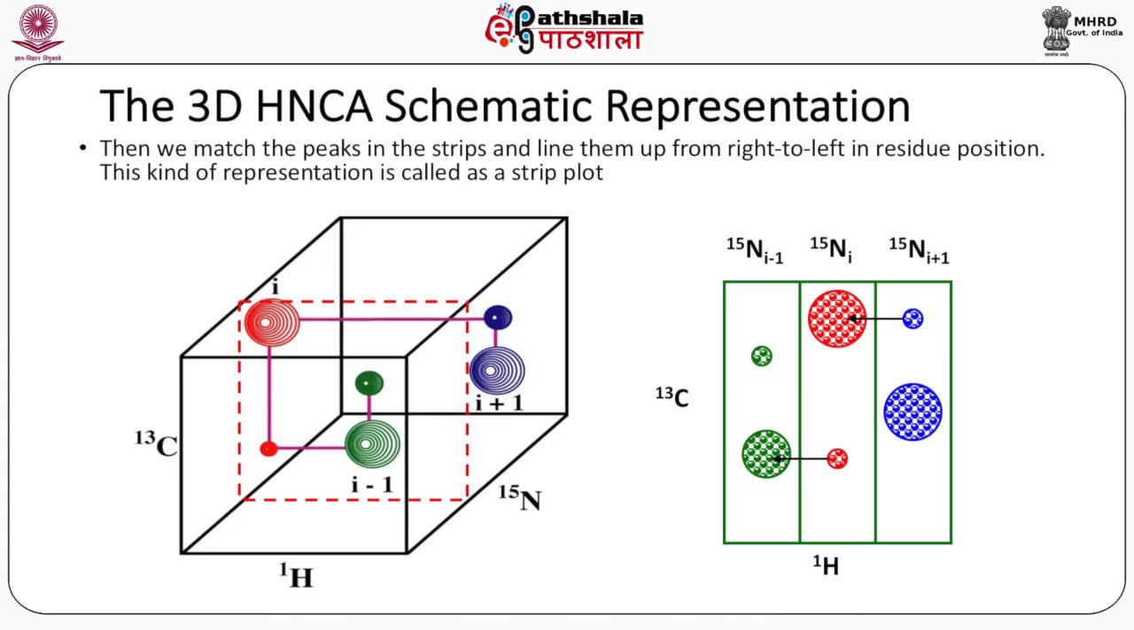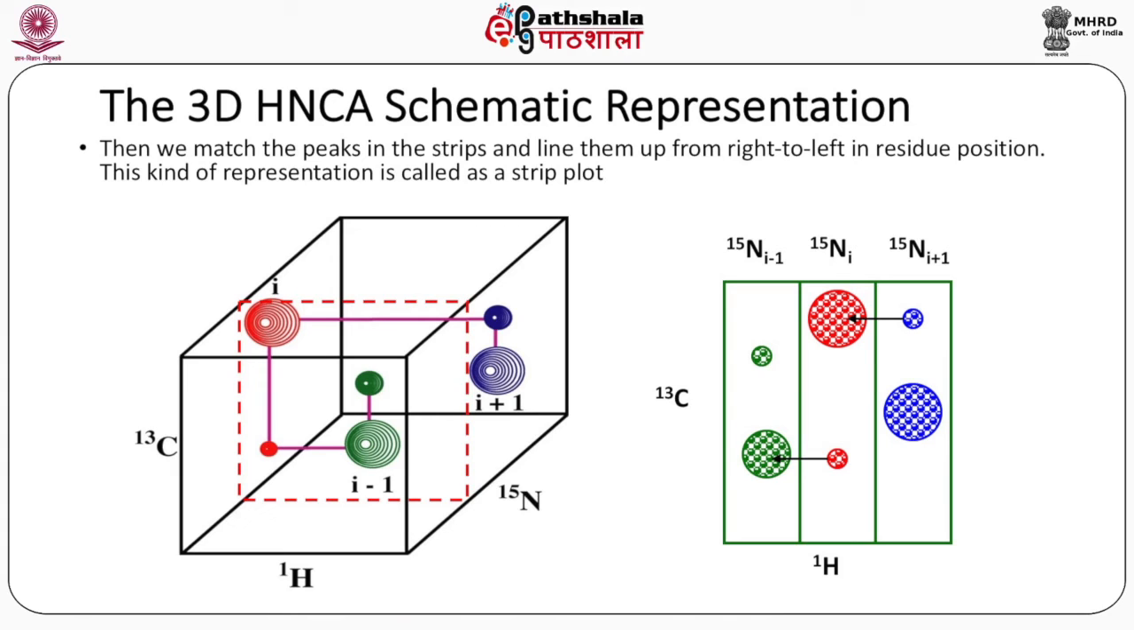So, now as you can see that we have cut various planes, and from the planes we have cut the strips. Now, when we put the strips next to each other, first of all, the strips have different N15 chemical shifts: N15 i plus 1, then you have Ni, and then you have N15 i minus 1. N15 i plus 1 is shown in blue, a strong peak which comes from the C alpha i plus 1,